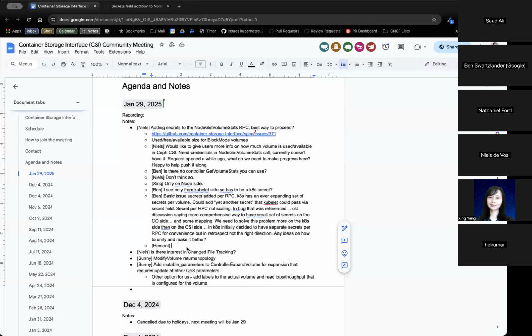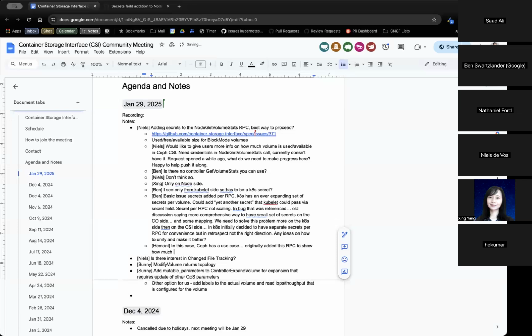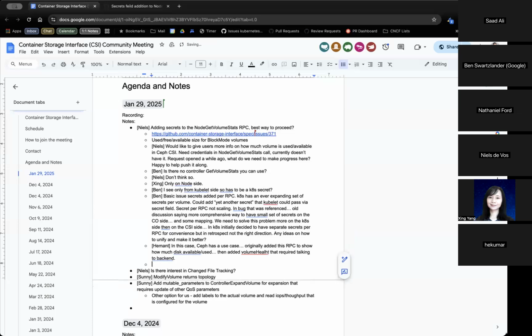Yep. So in this case, Ceph has a use case where originally we added this to basically just get how much disk is taken and how much disk is available. Then we added volume health to that, and that probably added a requirement of talking to the backend. So what the problem is, we discover with every single CSI RPC, somebody wants to talk to something that needs a secret, and we always end up needing to add a secret to every RPC. And rather than continuing to do it piecemeal, we need to address this at the